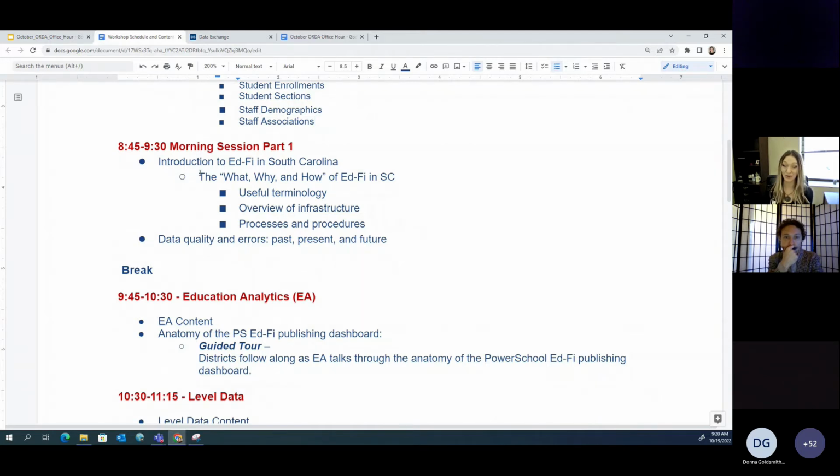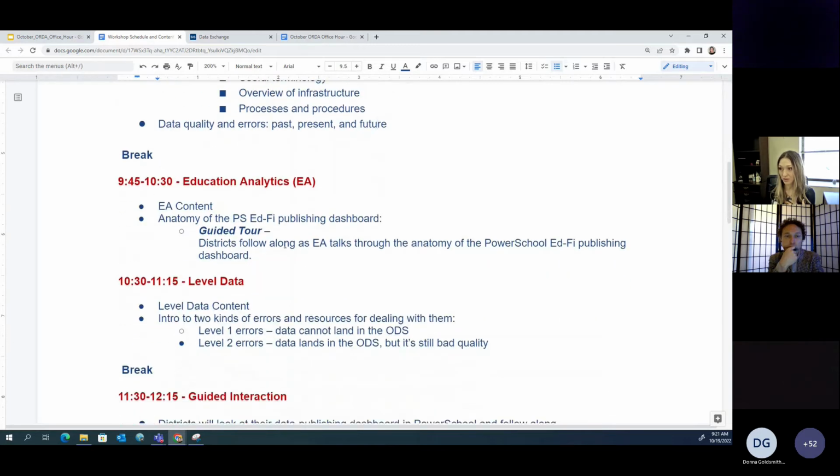And we'll have some partners there who can also help us share some details about overview and infrastructure. We're fortunate that we're going to have representation, for example, from Education Analytics, and they can also add some additional information about that. And I think Wyatt did a great job helping orient us about what we mean by errors and data quality, but we'll definitely talk a little bit about that at the workshop too. And then we'll get into some specifics. So we'll take a glance at the dashboard today, but you'll get a more in-depth guided tour at the workshop.